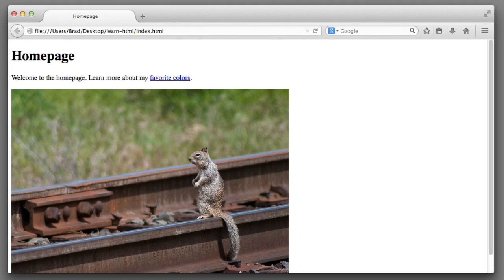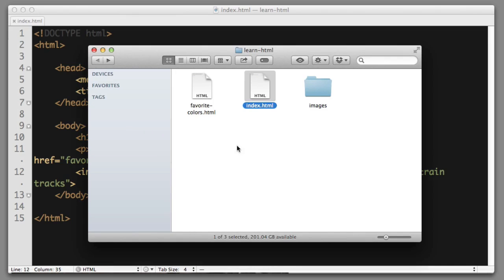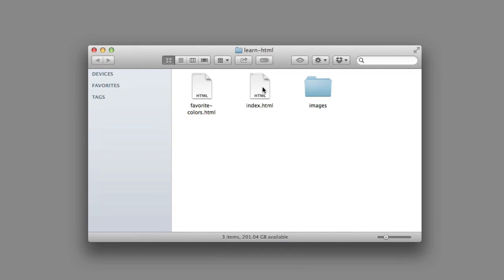So we now know how to drill a folder deeper relative from the HTML file. We simply include a /. But what if we wanted to go in the opposite direction? So you'll see on my desktop, we've been working inside this Learn HTML folder, and that's where our index.html file lives. But what if instead of drilling into a folder relative from this file, what if we wanted to go up a folder? So here's an image of a cat.jpg, and you can see that it lives one folder up